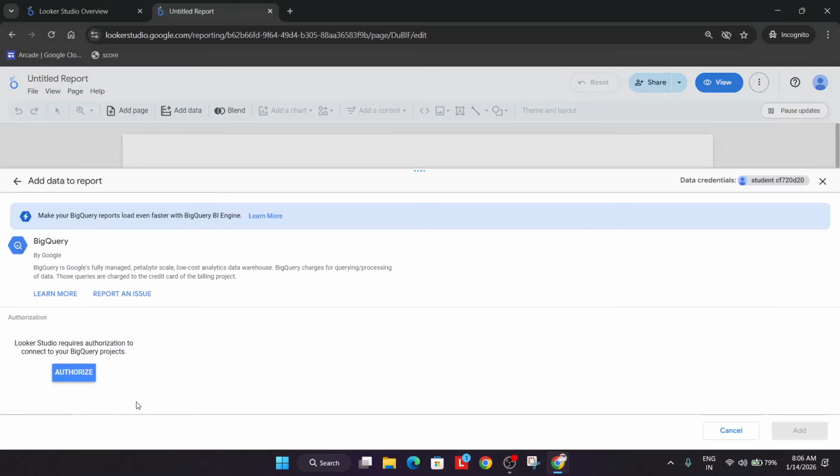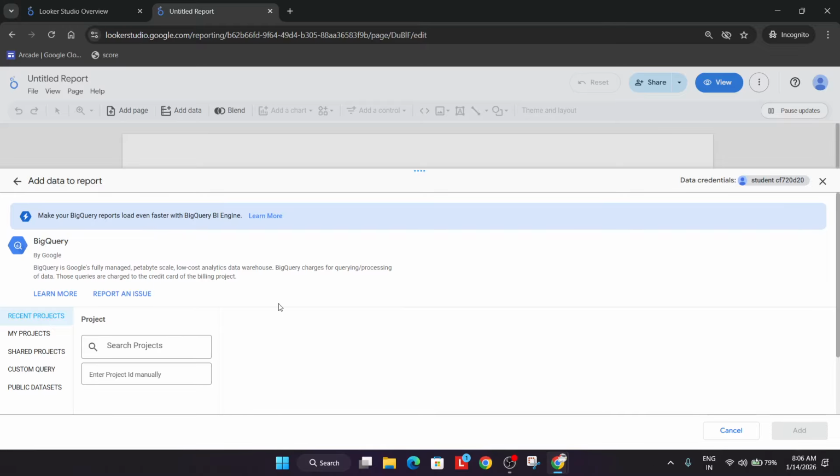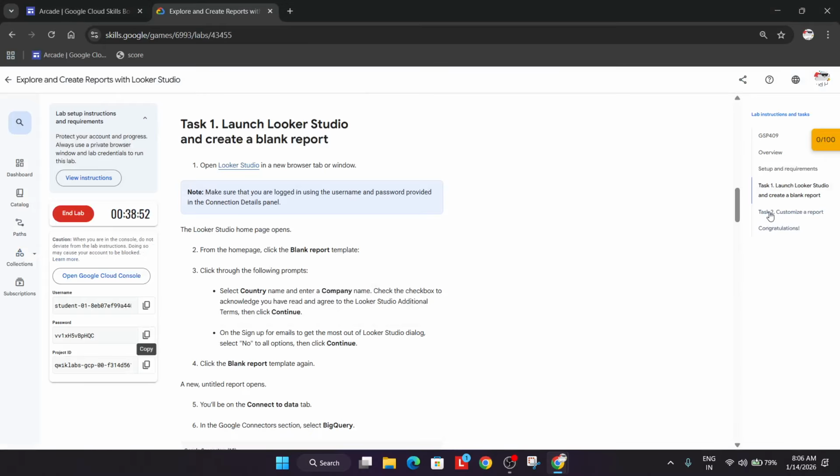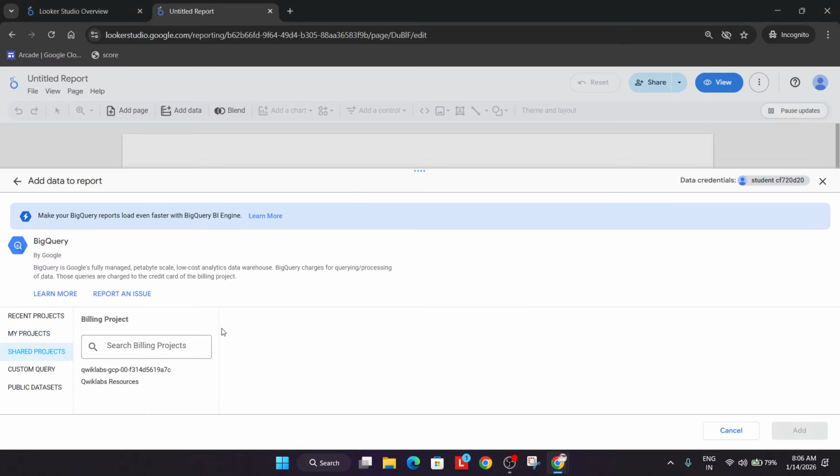Now from here, we have to select quick query, authorize yourself, select the student ID, and now come to the lab instructions. Now from here, we have to click on this type data to inside, copy carefully from the shared project's name, just paste it. If it is not working, do one thing, select your project ID, select it, and here we have to